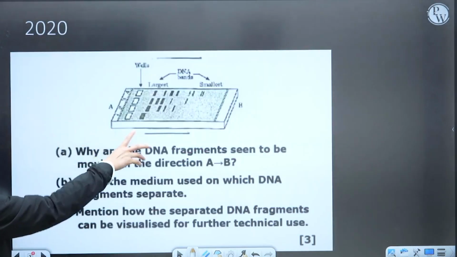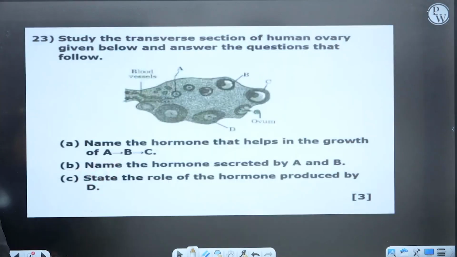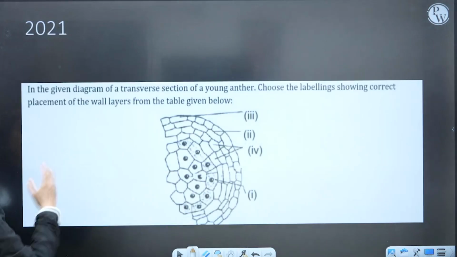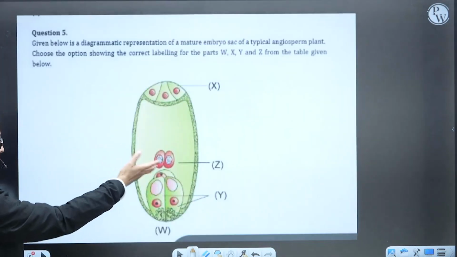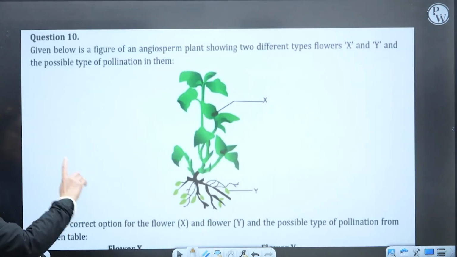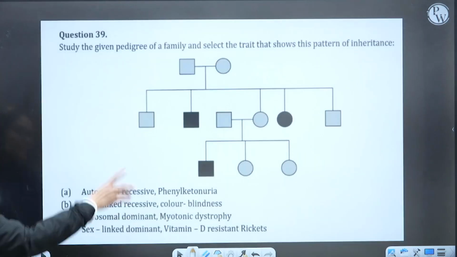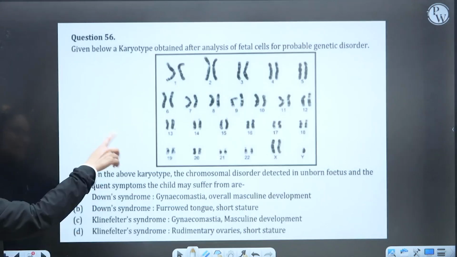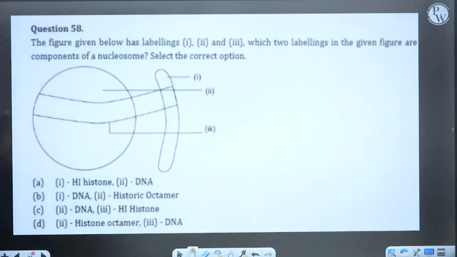From 2020, they have asked this gel electrophoresis, this section of ovary. Then they have asked this question in 2021 from sexual reproduction in flowering plants. Again, this is from the same chapter. From human reproduction, they have given this diagram from pollination part, pedigree analysis, then this karyotype from your genetics part,